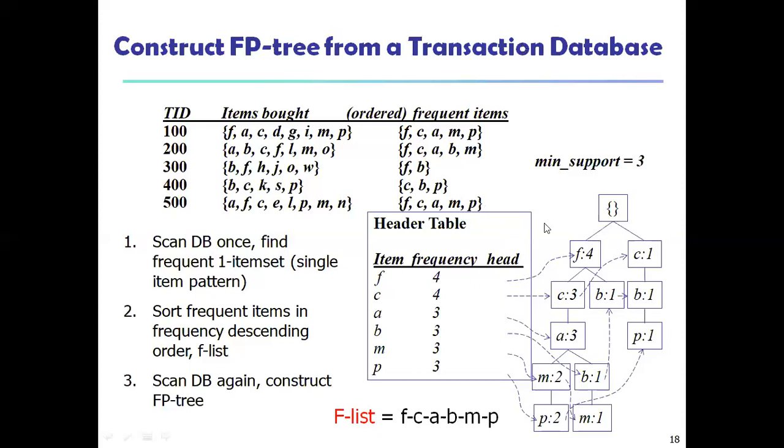Similarly, if the second time again F is coming, it will become 2. And again C is coming, the second transaction, C is followed by F, again this way. Again I am getting A. From A, I have to go for the next branch B. From B, I am going for M. Similarly, again second time I am getting F. It has to be followed by B. That's all. So it has to be linked over here.